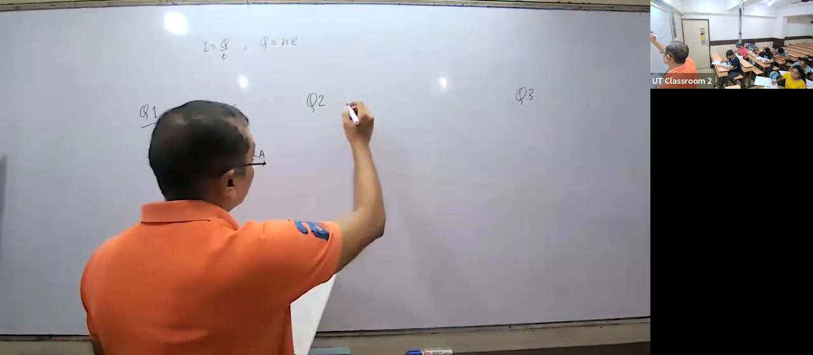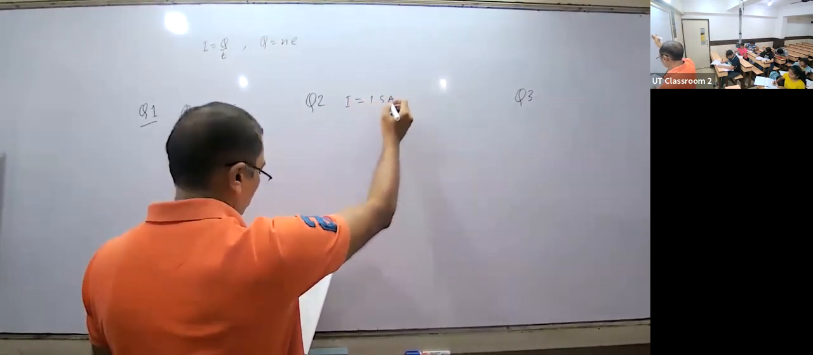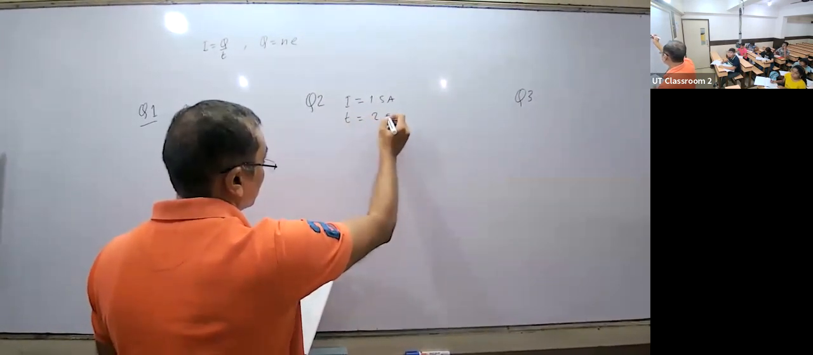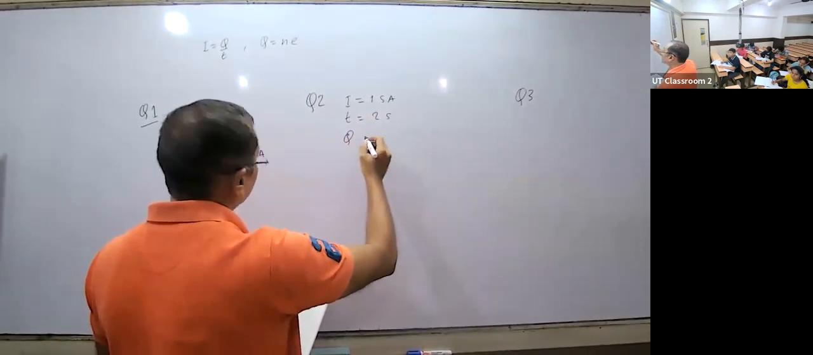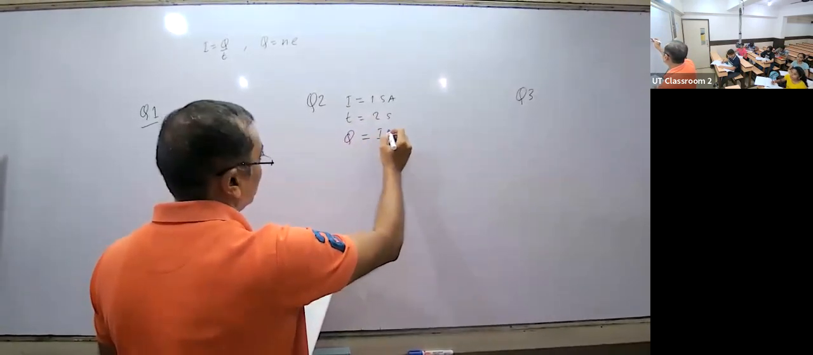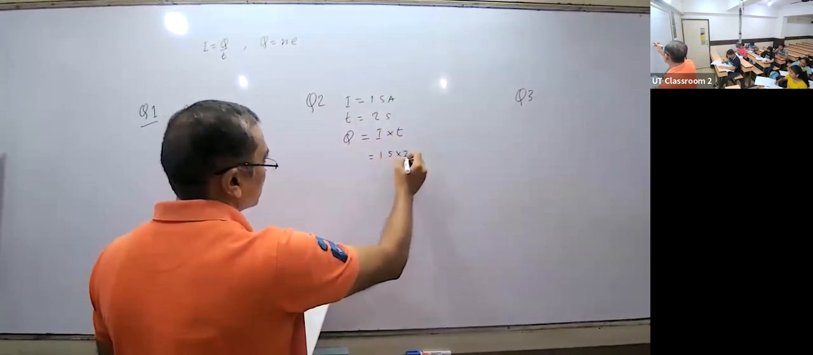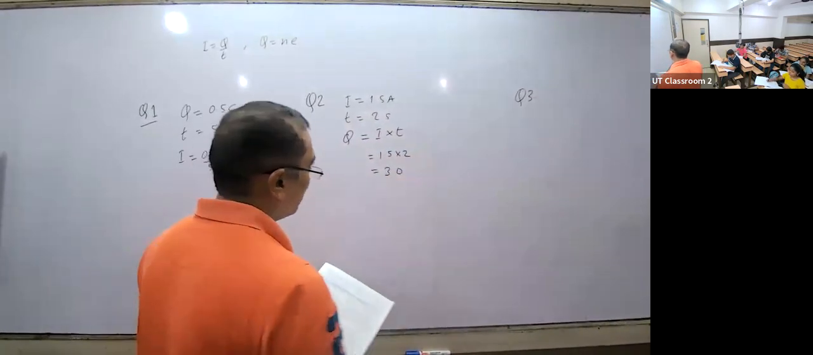दूसरे क्वेश्चन में क्या दिया है? I is equal to 1.5 ampere. Time given is 2 seconds. अब क्या निकालना है? चार्ज निकालना है, Q निकालना है. So Q is equal to I into T. टू क्वेश्चन है तो खत्म हो गया। अब क्या करें? सेकेंड चैप्टर में जाना पड़ेगा।